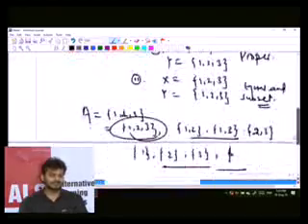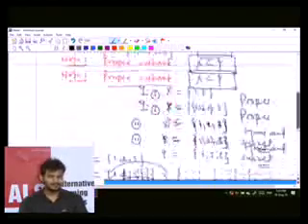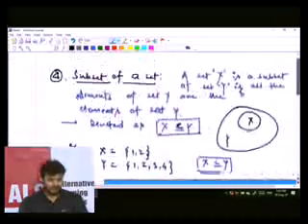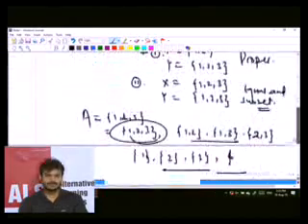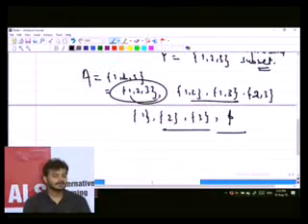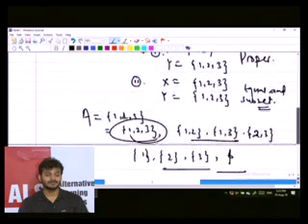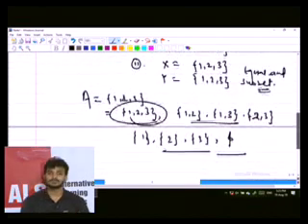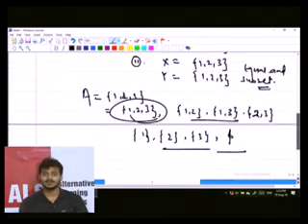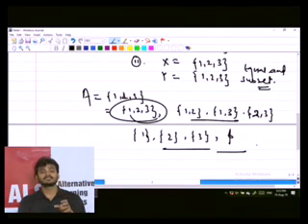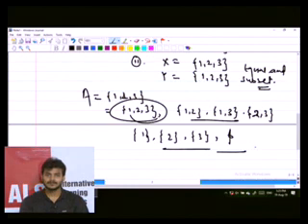Anyway, this is a revision of subsets. There is no need to understand this while solving Venn diagrams, but I have seen a number of kids who have doubts in this part, like what is a proper subset and what is a subset. I think this is now clear to all of you, and why phi is always a subset of any given set: if you are not taking any element from the set, it would be phi.